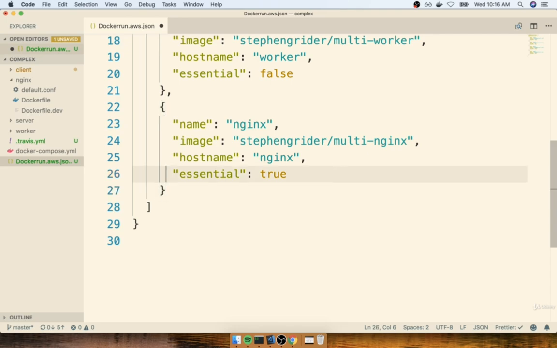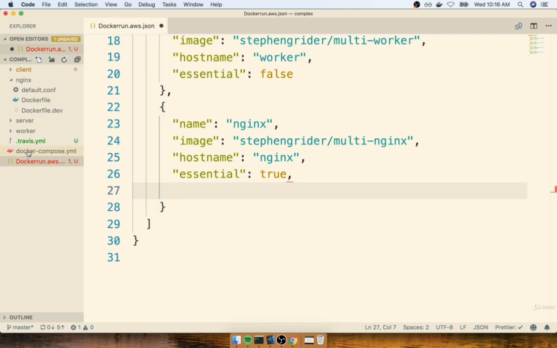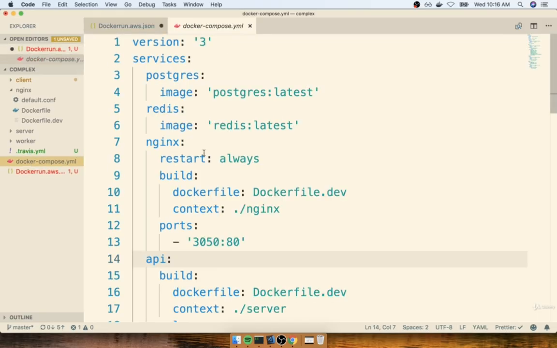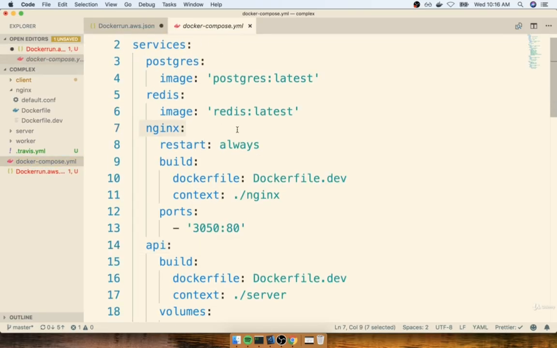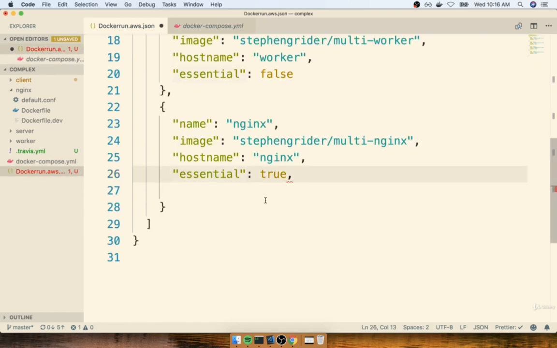Okay, now we're going to put in 2 other flags that we did not add into any of the previous ones. Very quickly, I want to open up the docker compose.yaml file. You'll recall that to expose traffic to our group of containers, we had opened up a port for the Nginx service right here. And so we had said that if you ever try to visit our group of containers at localhost 3050, that would map up to port 80 inside the container, because Nginx by default is going to listen on port 80. And so we need to do that exact same port mapping process inside of our Nginx server configuration right here as well. So we're going to